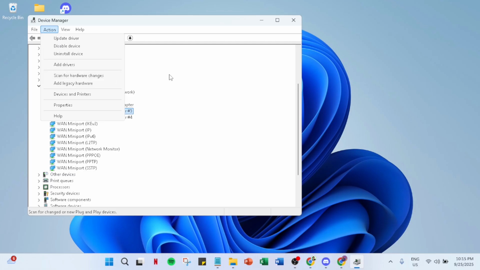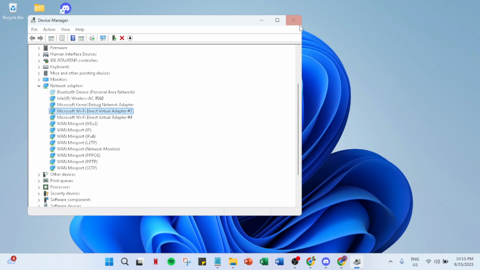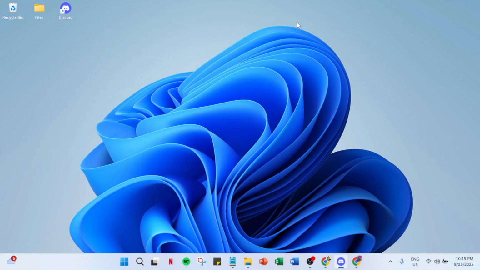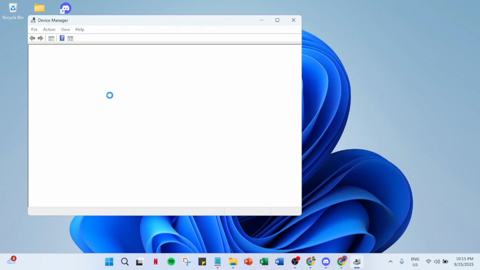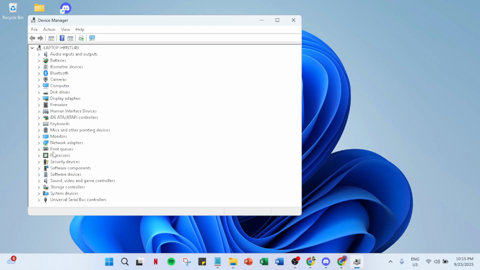If none of these steps have resolved the issue and you're still without your Wi-Fi adapter, there's one more strategy we can try. Return to the Device Manager and locate your Wi-Fi adapter once more. If it's visible, perform a right-click on it and choose Uninstall Device. Don't worry. This step might sound drastic, but it's a common troubleshooting technique. After uninstalling, restart your computer.